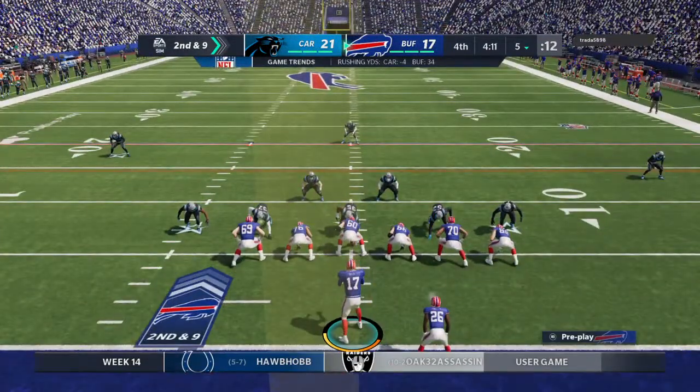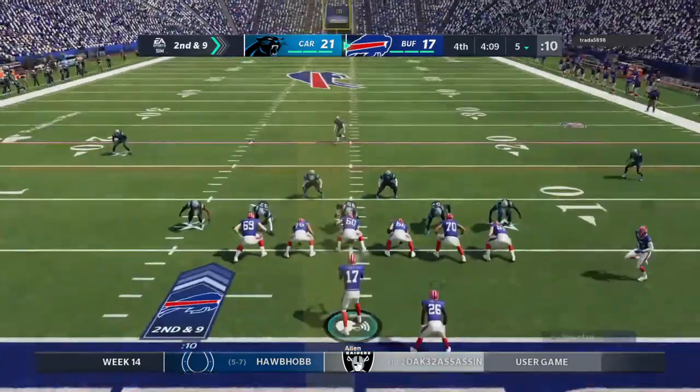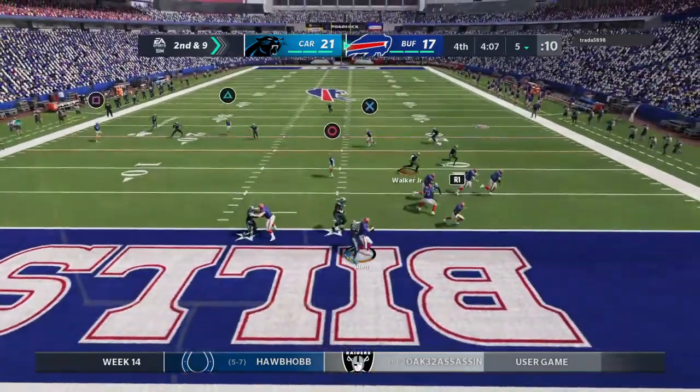Seems pretty obvious defensively. A key was stopping the run game. How've they done it so successfully? To me, it seems that these guys really...